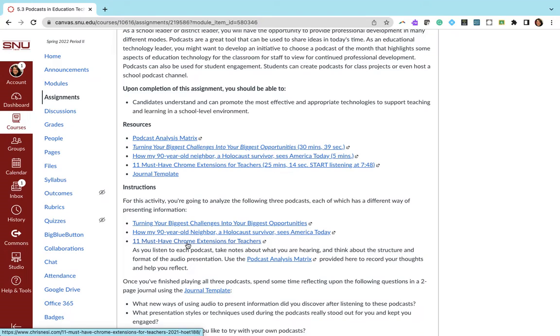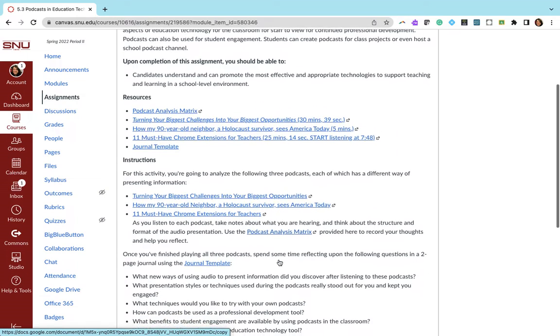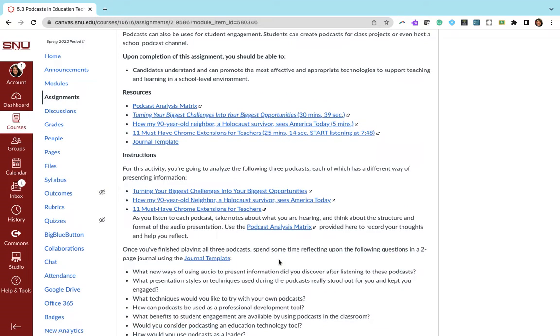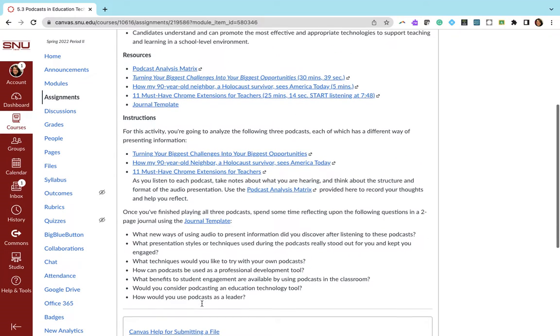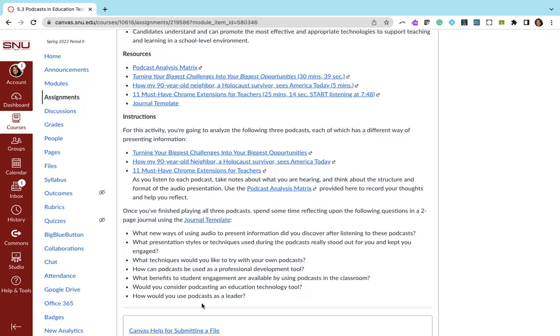As you listen, I want you to make a copy of this podcast analysis matrix, and it helps you to take notes over the differences and the similarities that you notice in the podcasts. And then once you have finished listening to them and taking notes, I want you to write a journal. And I want you specifically to become comfortable with podcasts,